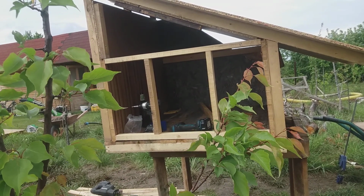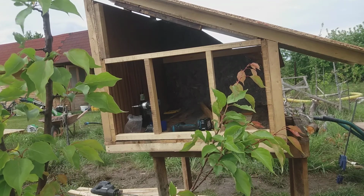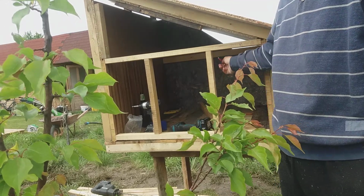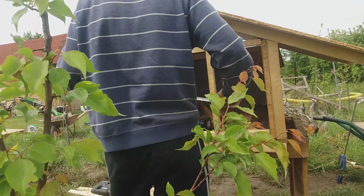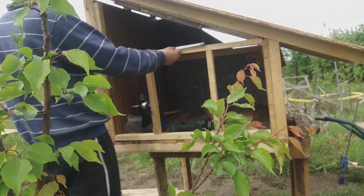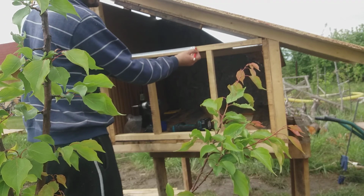Okay, I will continue this part. I have leftover OSB, 55 centimeters, so I will put it inside. That's for the nesting, and I will keep it like that. This is what I need right now, so I need to finish. So I put 55 here,